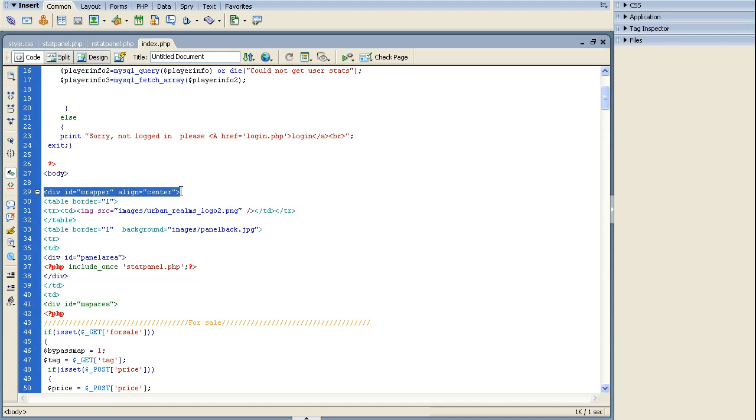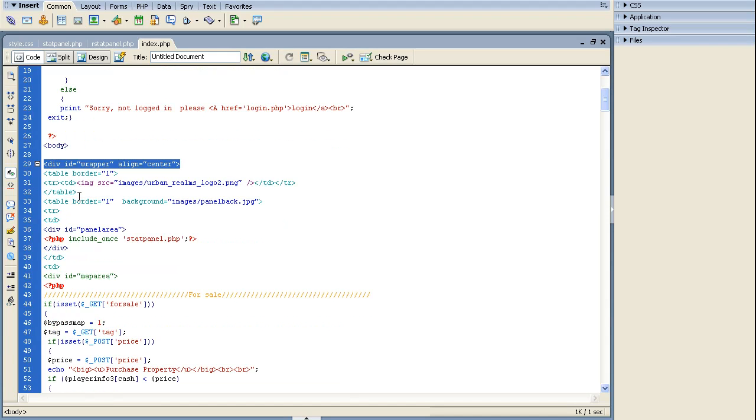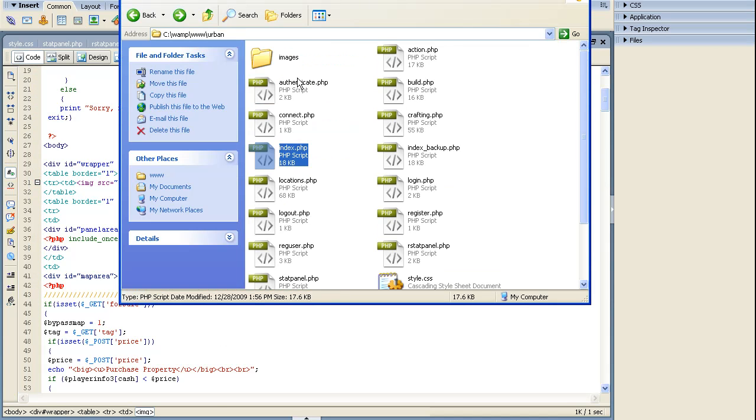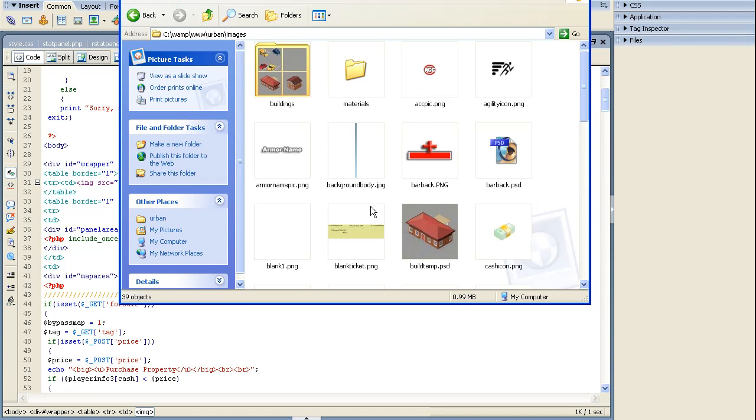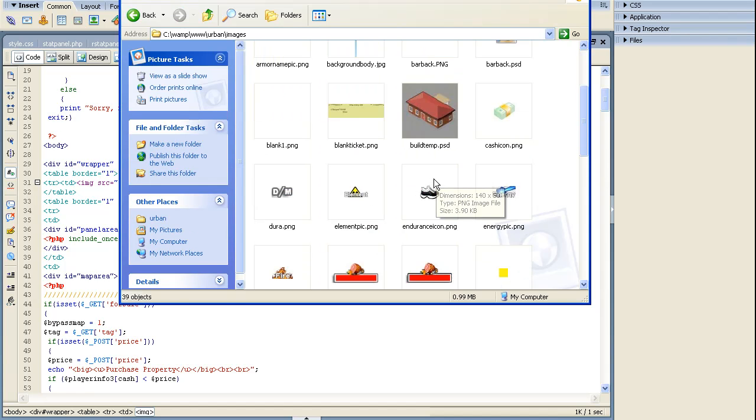Our wrapper that we have, which is the same as before, is the wrapper that goes around all the tables, and then we have our table, which is the logo table. Then the actual left-hand table is panel back, which is basically the background of it. And if we go into our images, you'll see that's where I have that white image that looks a little different than the actual background. And our panel back